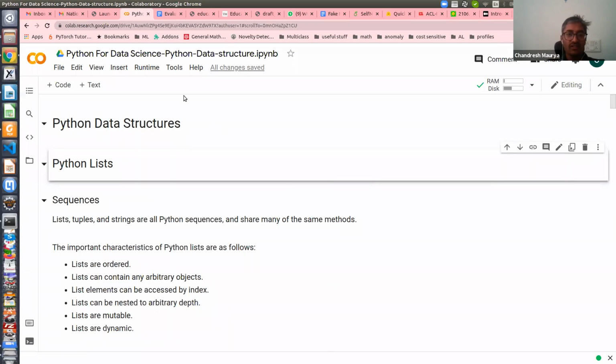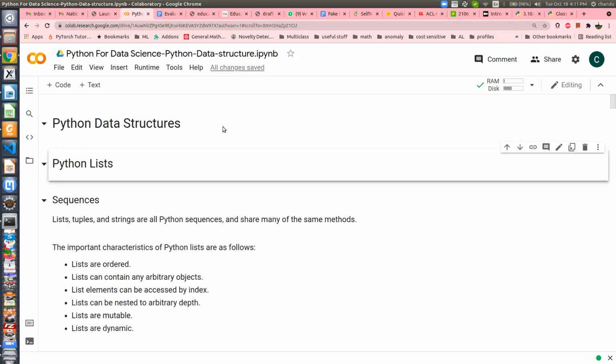So this is the IDE, you can say, I'm using to run Python programs. Though there are so many IDEs, integrated development environments, you can use to run your Python script, right? The commands that I'll be running here, you can equally run in any Python interpreter you have, so that is not an issue. I'll be using this Colab notebook to showcase basic data structures in Python, such as the list, tuple, dictionary, and sets.